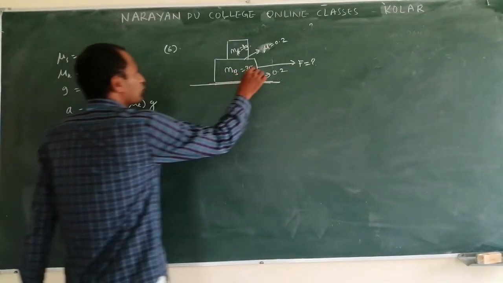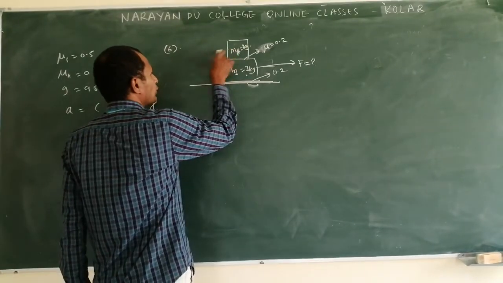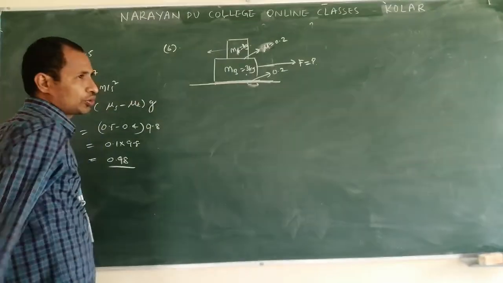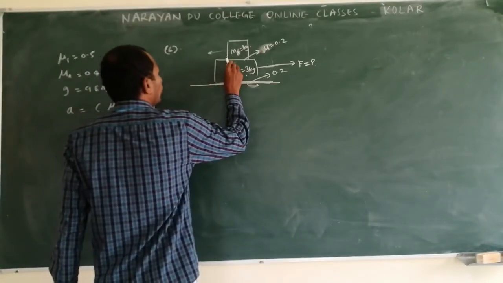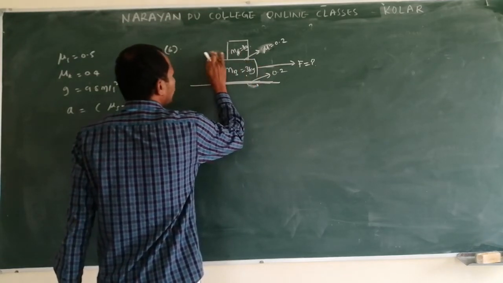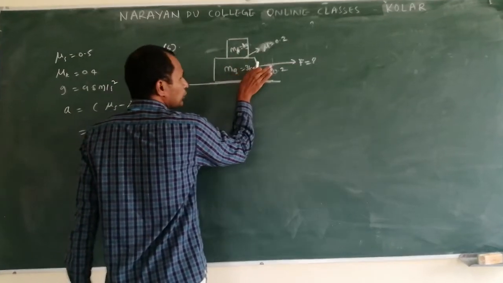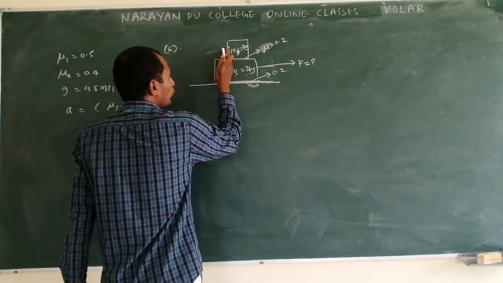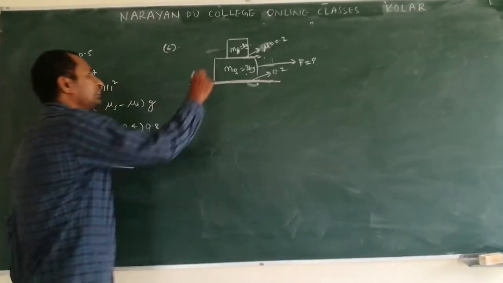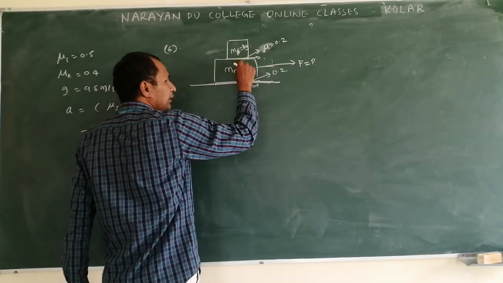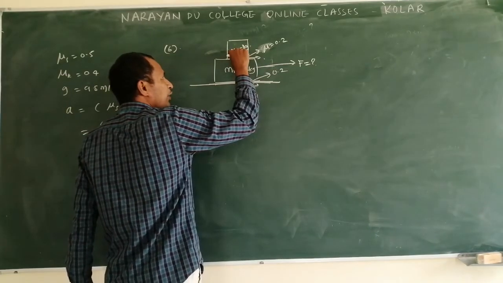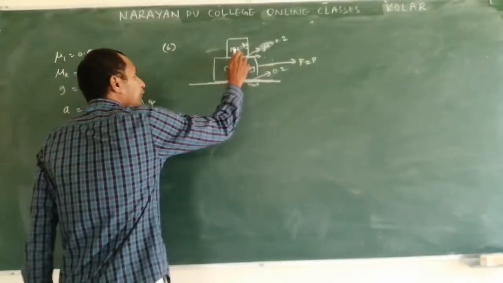Okay, suppose this block moves. What happens? The block A experiences a force that acts backwards. To move along with this block, which force is responsible for this block? See, when this block moves in this direction, the tendency of block A is to move back. Friction will act in the forward direction. Clear? So friction between A and B is acting. That friction holds this object so that A moves along with B. So we need to find that minimum friction.